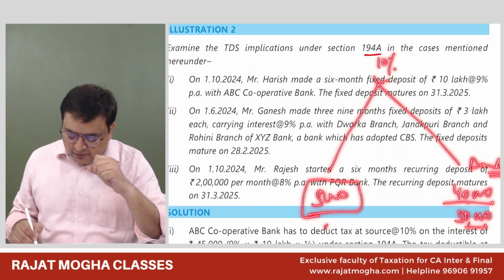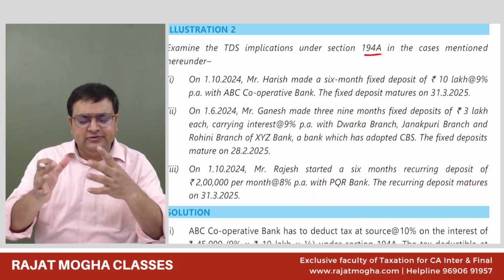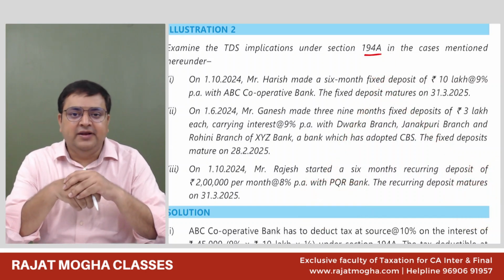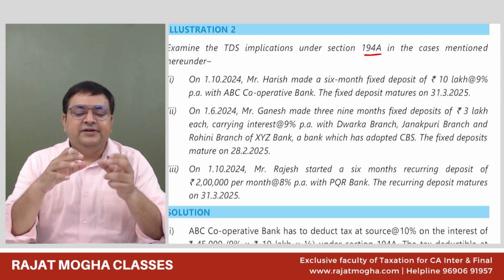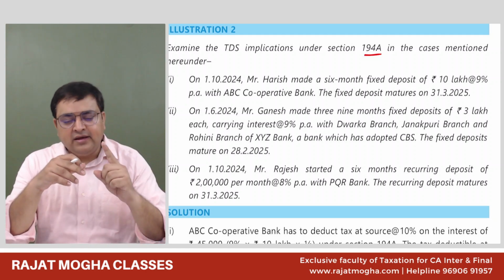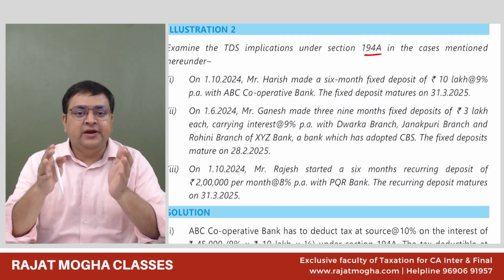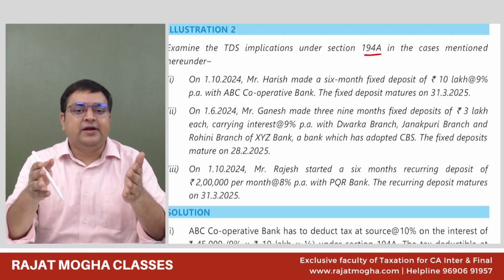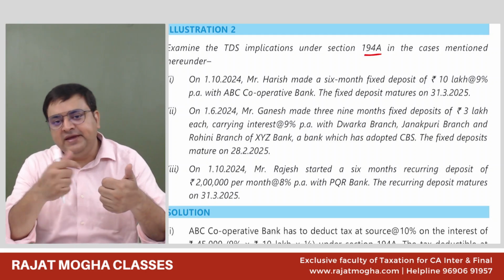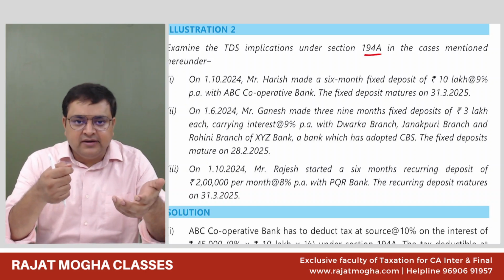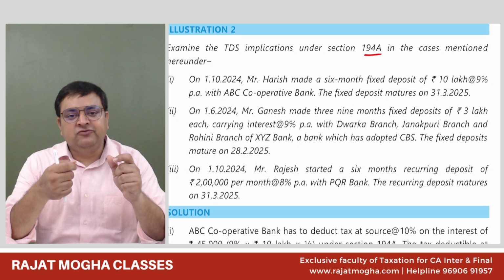Very good. Now, guys, mostly bank interest will come in examinations. So let's say a bank has different branches, but it is one bank. It will be taken as one bank only. So we will consolidate all the interest we are getting from different branches. But if it is a different bank altogether, let's say one is SBI, other is PNB, next is Canara Bank, then in that case, we can't club the interest of different banks.